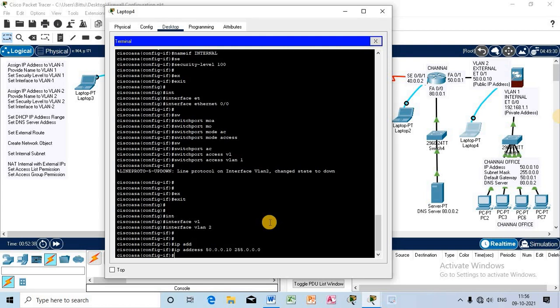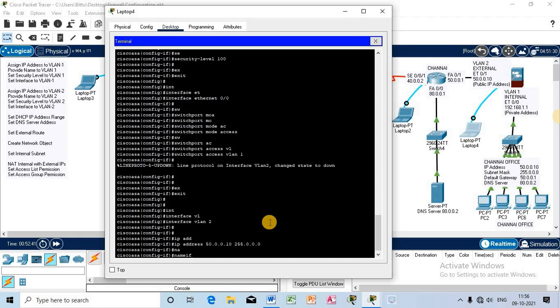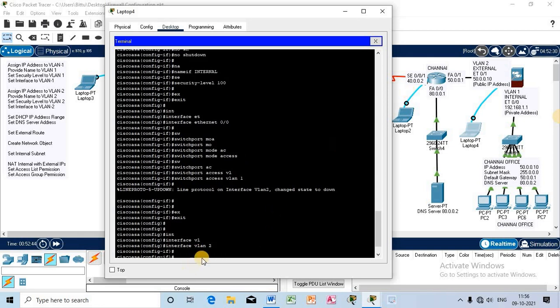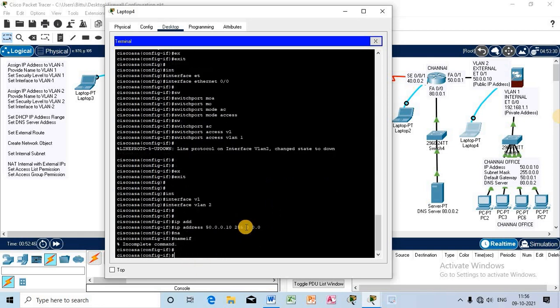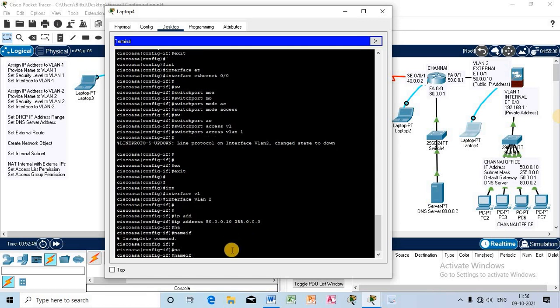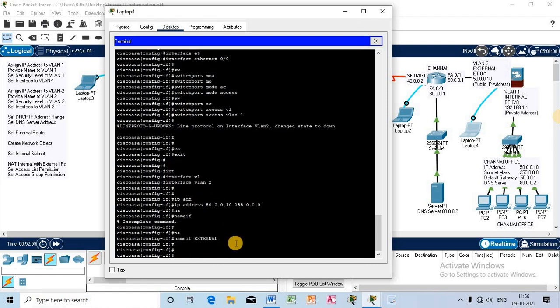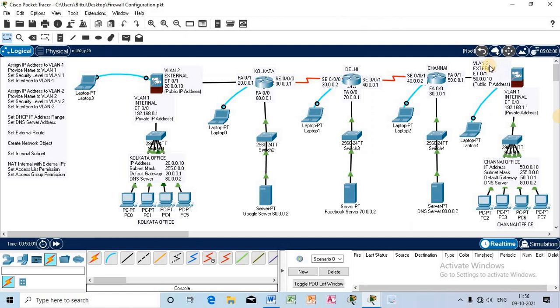Now, no shutdown, you may provide or may not provide. I will give a name. Name if, which name? The name will be external. Any name you may provide. I will provide external. Name if external. Observe, external.